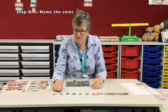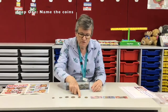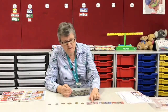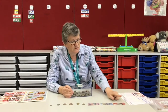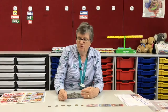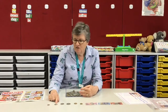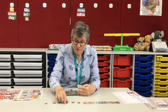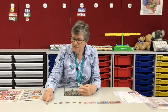They'll name 5 cents, 10 cents, 20 cents, 50 cents. Change to $1, $2, and then be aware that once the money gets larger quantities, we have the plastic money, $5, $10, $20, etc. When we're looking for children doing this, we are hoping that they will eventually cue just by the size of the coin, the shape of the coin, but often they will start by looking for the numbers on the